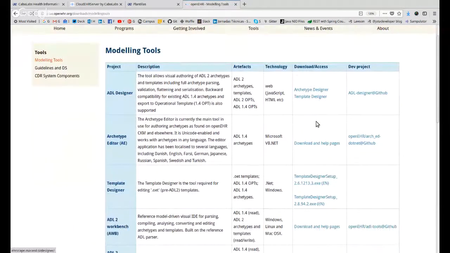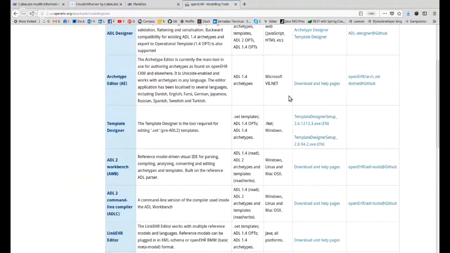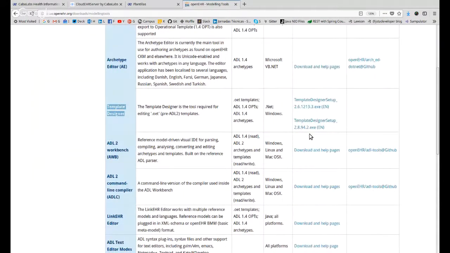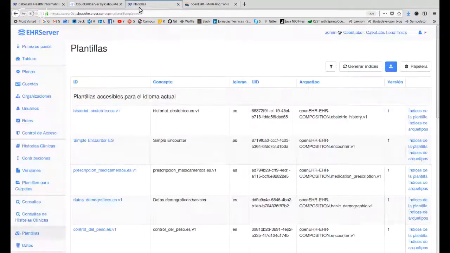You can create archetypes first, using the archetype editor, and then using the template designer, you can create templates. And these are applications that are for Windows only right now. I don't think they will port these tools to other operating systems, but I have a Windows virtual machine and I use the template designer on Windows. But you can create archetypes and templates using these tools and then upload them to the